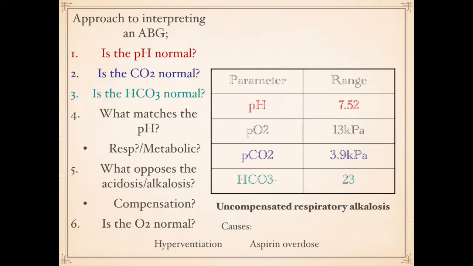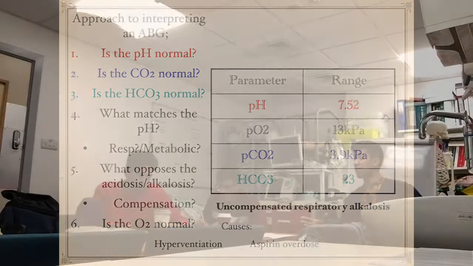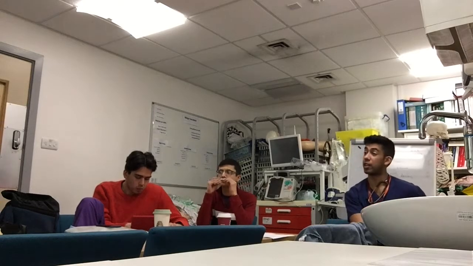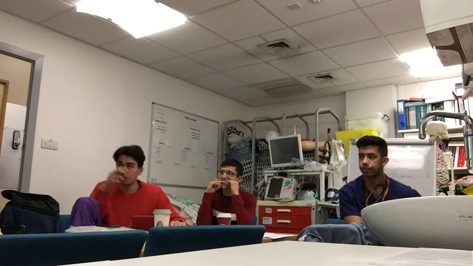Okay, so let's move on to the next one. Oh yes, so these are the causes. Another thing to consider is a salicylate overdose. Now that's quite interesting because you first of all get a respiratory alkalosis, and then subsequently that can become a metabolic acidosis, if that makes any sense. I don't know a great deal about it, but it's a similar mechanism as before in terms of dissociation of hydrogen. I think it's to do with the actual molecular structure and maybe metabolites of that kind. I'm not entirely sure, but that's something you'll probably again see in MCQs.